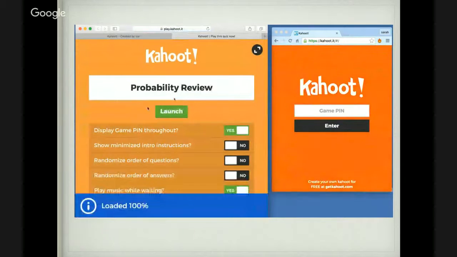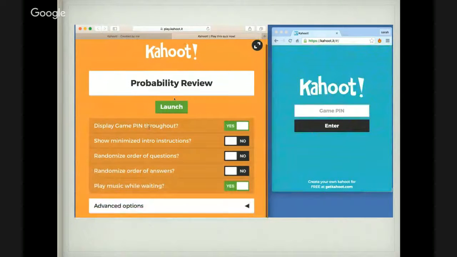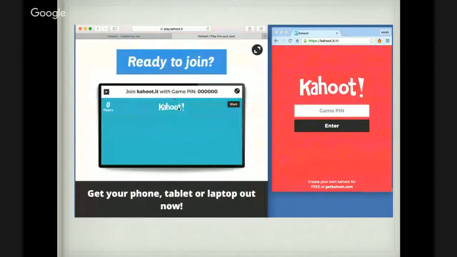So when I play it and I launch it, I can see that I have certain things I can choose from, whether or not I want to display the pin throughout, and whether or not I want to minimize instructions, randomize questions, whatever it may be, or play music while waiting, yes, no. So that can be turned off as well. And you might see why once I play it, your choice of whether you want it to be on. So the teacher launches it,